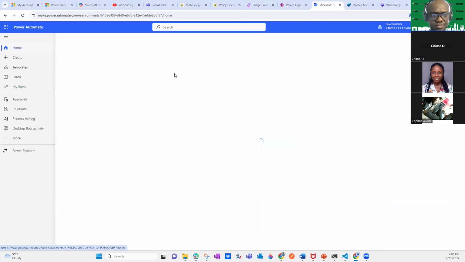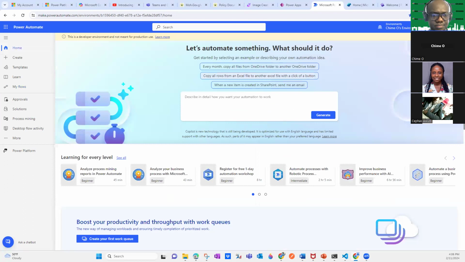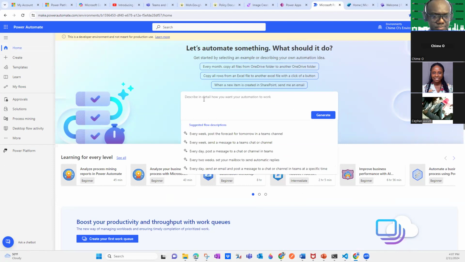Yeah, this is the homepage for your Copilot Studio. I can go in and say, for example, generate conversational. What do I want, right? I've got a Dataverse record. All these records, all the data is on Dataverse. So I can just go in and say, what do I want to automate? What is it that I want?